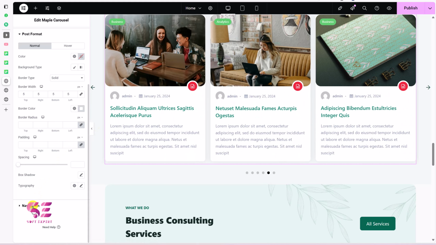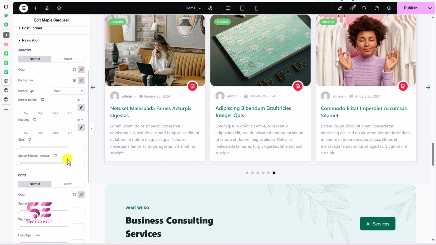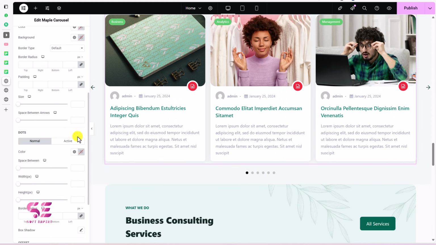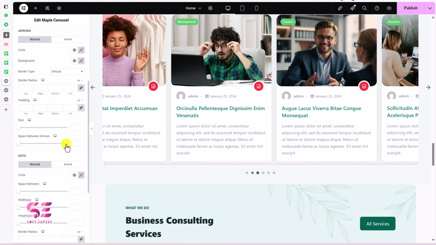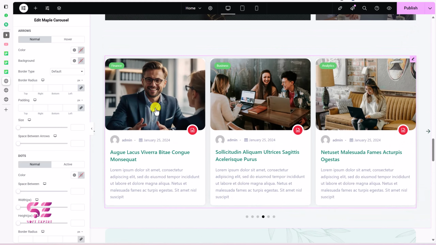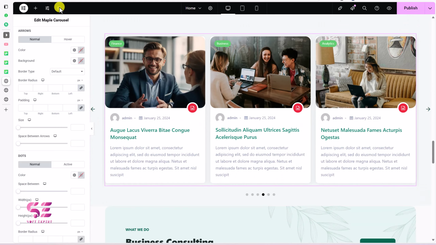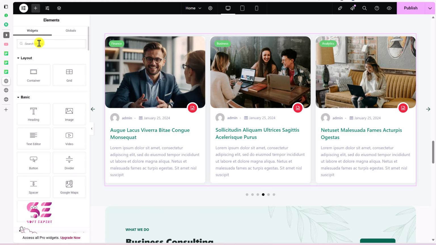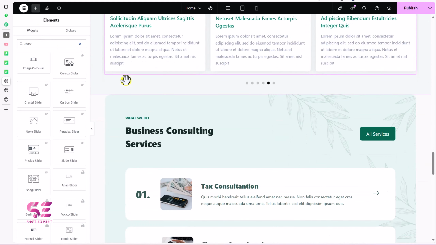Lastly, we have navigation, where you can change the colors for the dots and the arrows, its positioning, sizing and so on. So again, this is a free plugin that lets you create all these designs and then lets you customize it the way you want it. So this is our carousel. Let's try one more item, which will be a slider. So if I search for slider, we have these types of sliders. Let's use this one